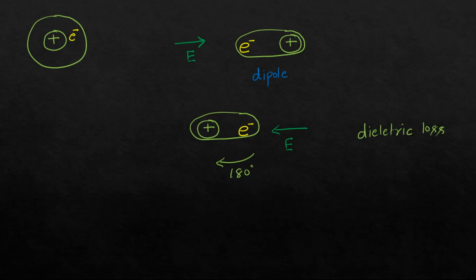So usually dielectric loss has two components. One is your leakage component, because no insulator is perfect. It will allow some current to flow through the insulator, due to which there will be some losses, that is known as leakage current. The other will be due to the change in polarization, which is known as dielectric loss.